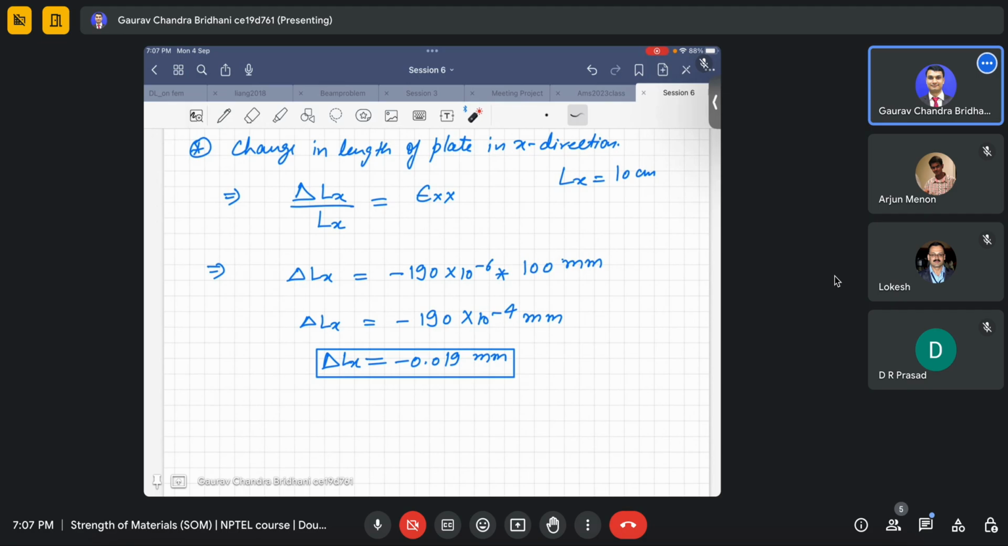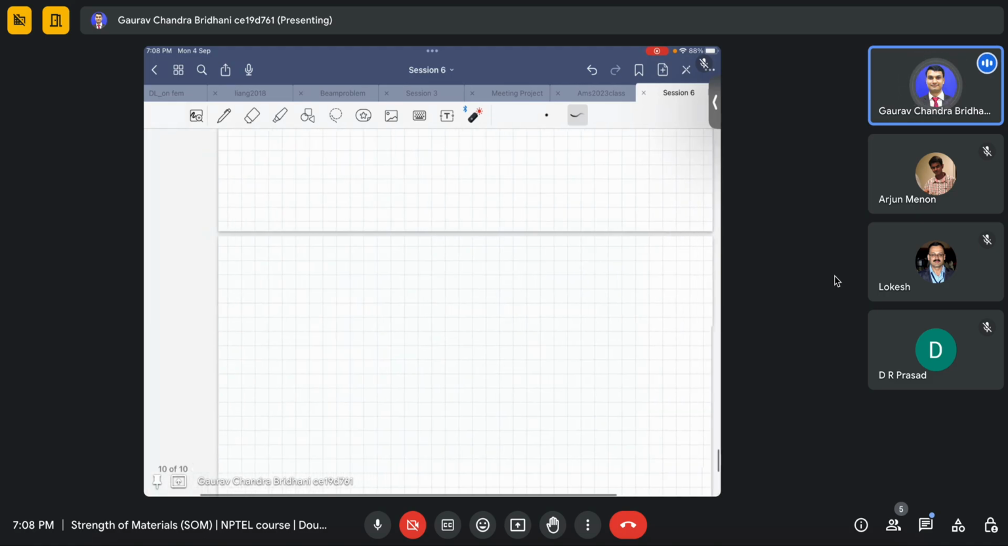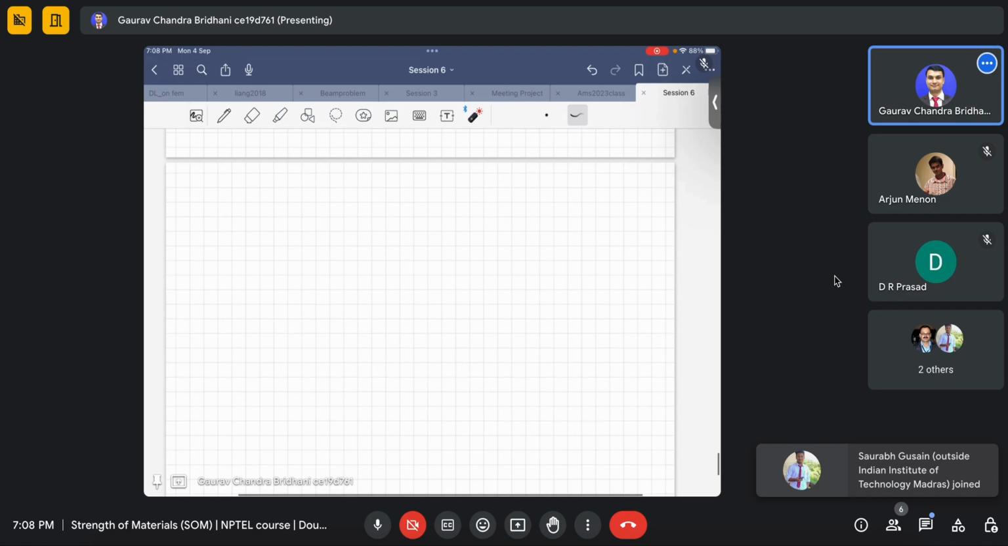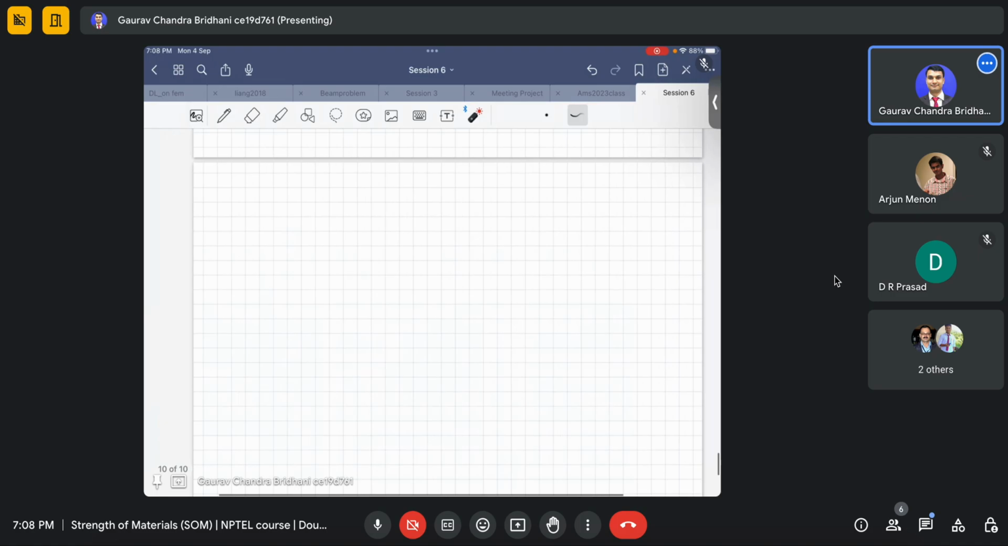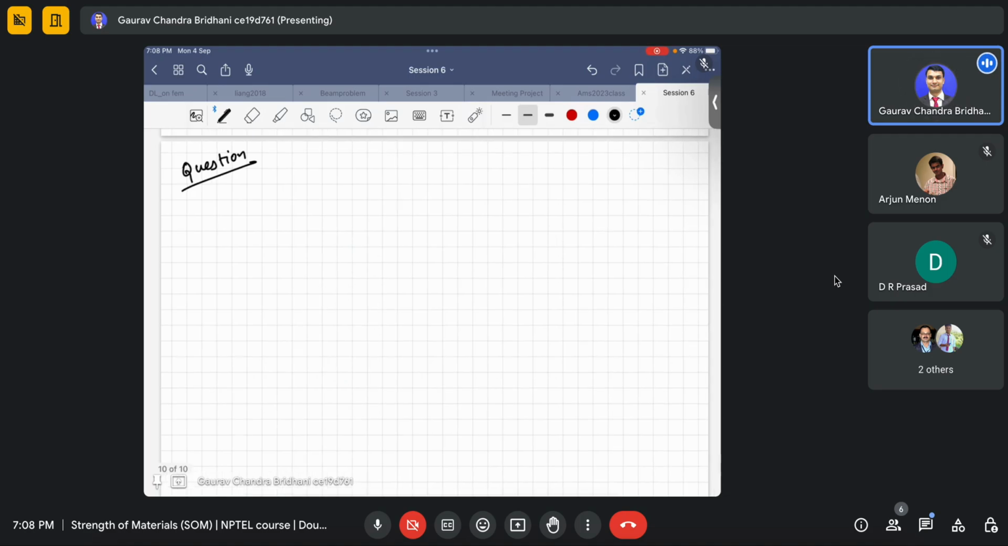Yeah. So what we'll do, we'll solve one more problem on thermal strain. Okay. So we'll try to solve one problem on thermal strain. Although I had come with these two problems only, we'll solve one problem on thermal strain. So suppose